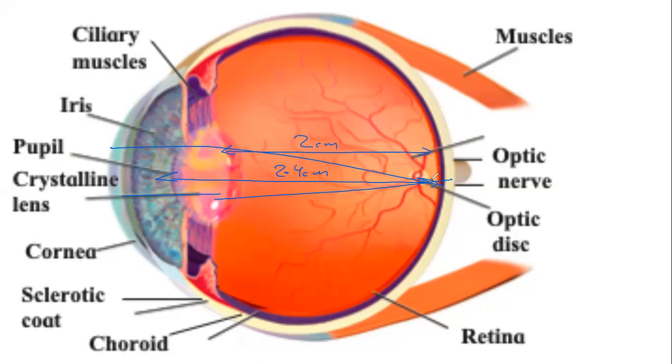Please confirm that this is clear, how the diameter of the eyeball is related to the focal length of the lens. It's almost the same because the lens is at one end of the eyeball, and this is why the image is formed on the retina. If you understand this, you may start thinking about what will happen if our eyeball becomes bigger or smaller. We will come to that. But the link is this: the diameter of the eye is almost the same as the focal length of the lens, so that the image is formed on the retina. Still waiting for your confirmation.